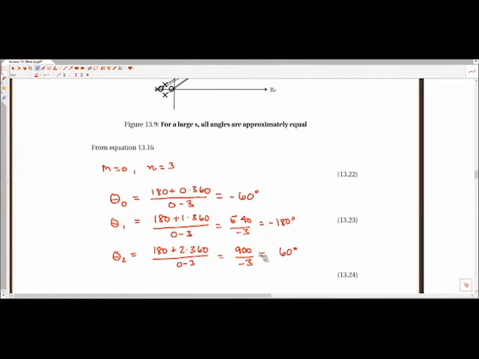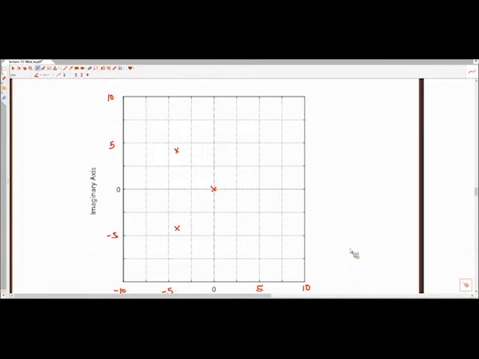Yeah, so the angle will be negative 300 or positive 60. Okay, so what this means in terms of applying the root locus, or I guess we're not really applying the root locus here, we are drawing some asymptotes here. I can't draw these asymptotes yet because I don't have the intersection of this asymptote, but just to kind of